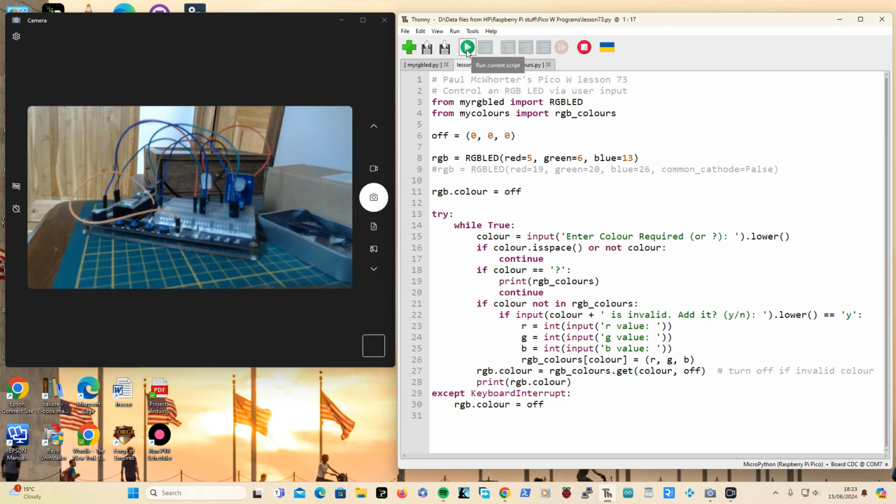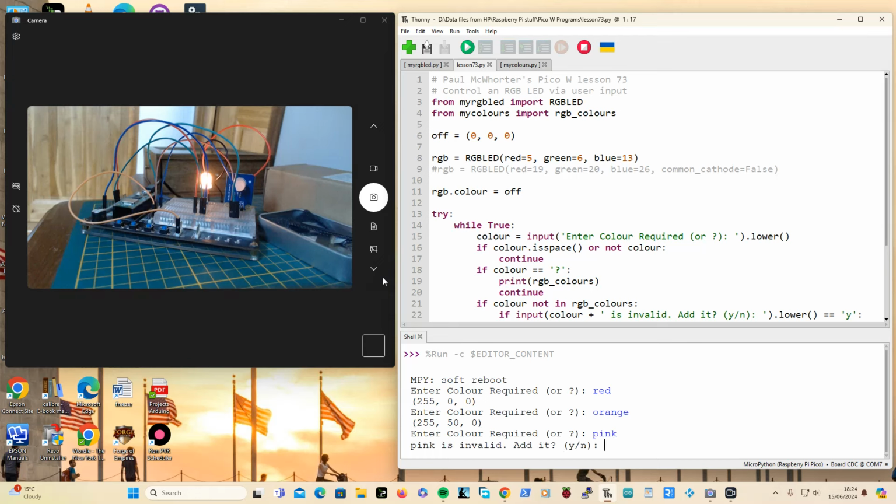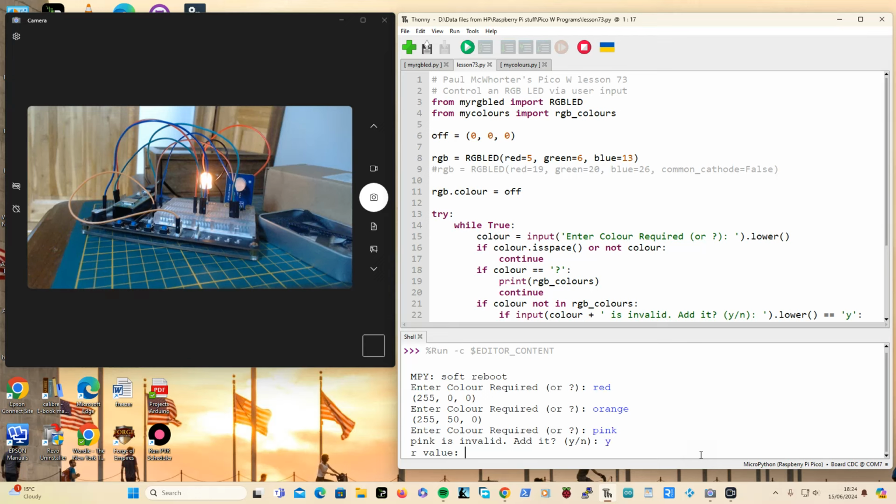Anyway, we will just demonstrate this. It says colour required. Oh, I am connected to the left hand one. Red. Yep, it's red. Orange. Yep. Pink. Pink is invalid. Do I want to add it to the dictionary? Yes, but I have no idea what pink would be, so we will go yes, add, and then if I make it